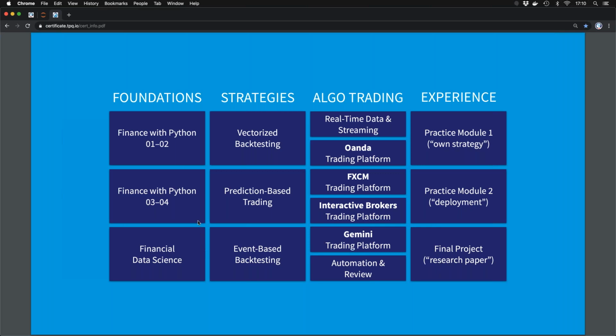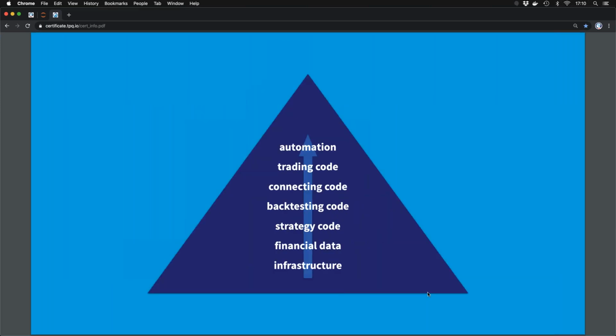It's not a complete overview, but it gives you an idea of roughly how this works over time. This is the first week, second week, third week, we have some special financial data science, fourth, fifth, sixth, 7, 8, 9, 10, 11, 12. So this is along the weeks, 12 weeks, and then you have the 4 weeks for the practice module. So a rough schematic overview. It's not exact in terms of the size of the boxes and how they compare to each other, but it gives you the overview of the program.